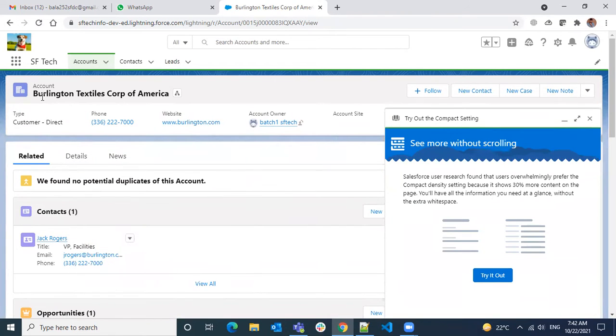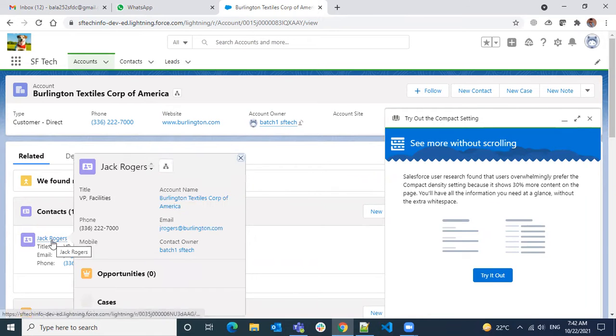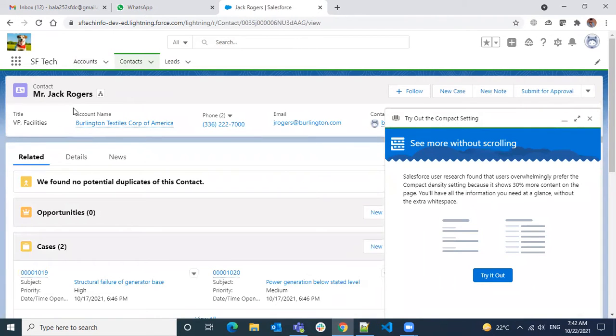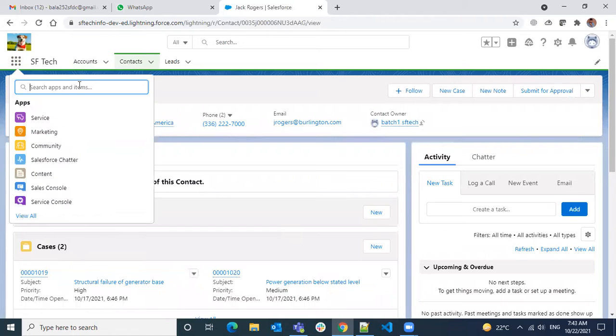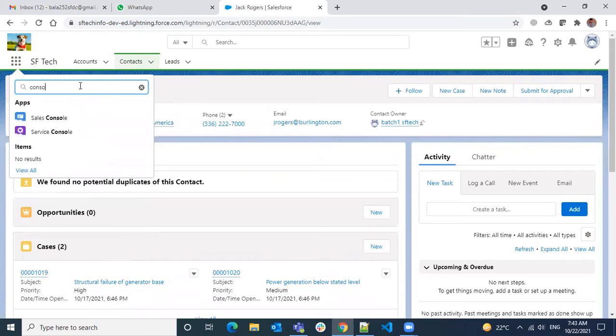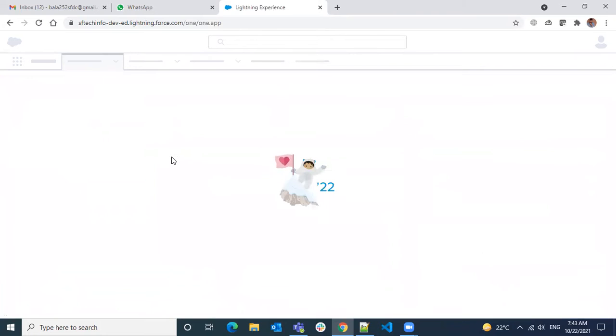Sorry, I have opened an account here, and if I want to go to this contact, what's happening? I no longer see the account. I see only the contact. But the thing was, I want to see both the data at a time. So how can I do that? So that is a console view. If I go to a sales console,